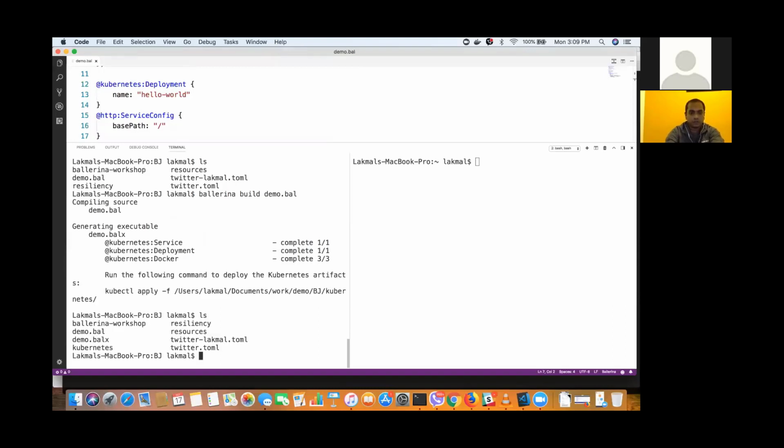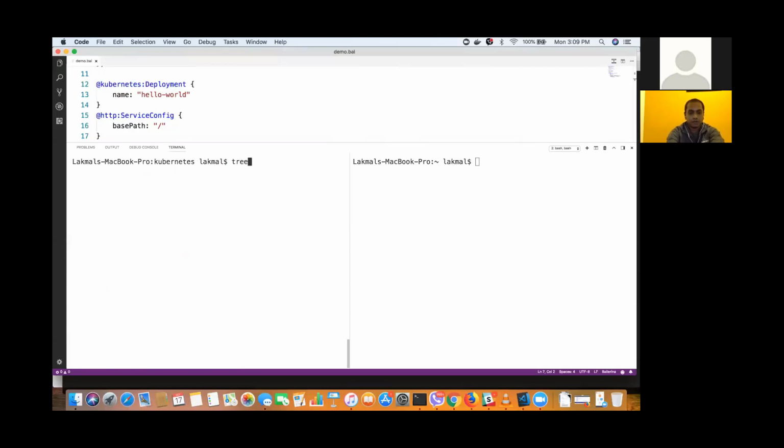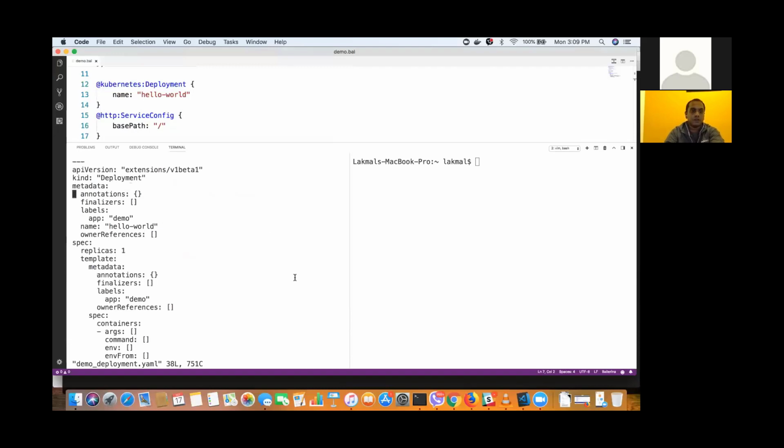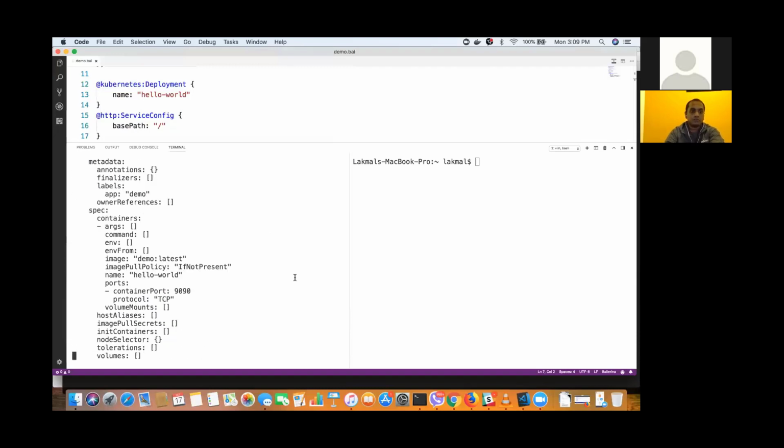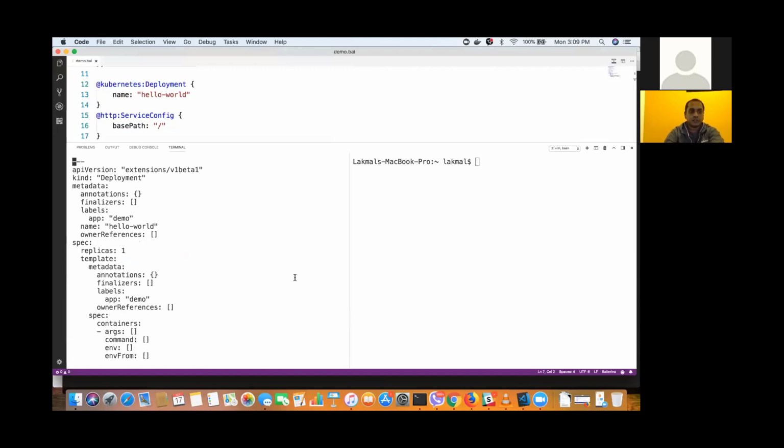Okay, I see. If we go to the Kubernetes directory, you can see it has generated 2 YAML files, deployment and service YAML file, and the Docker file. If I go to the demo deployment, it has all the configuration we did at the end of the service.